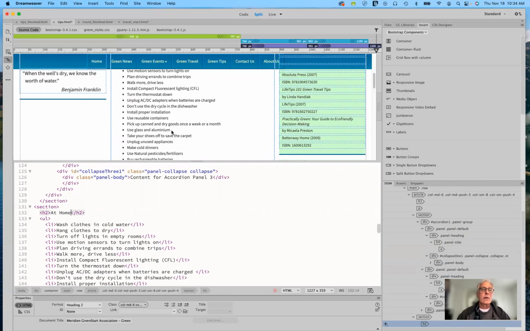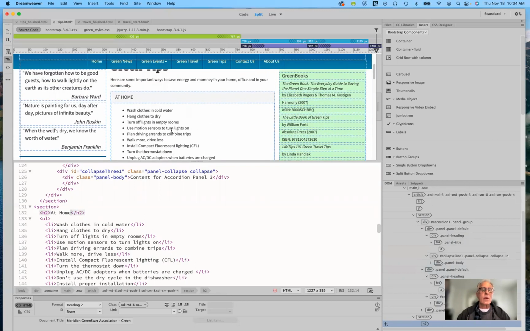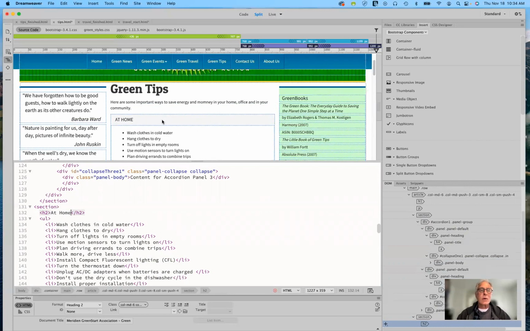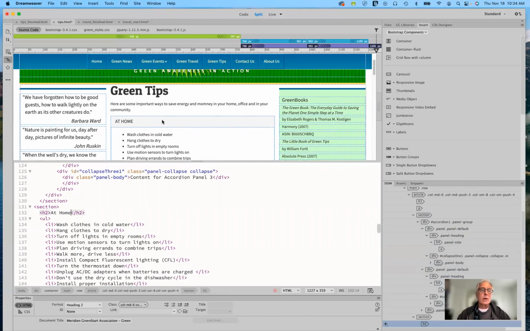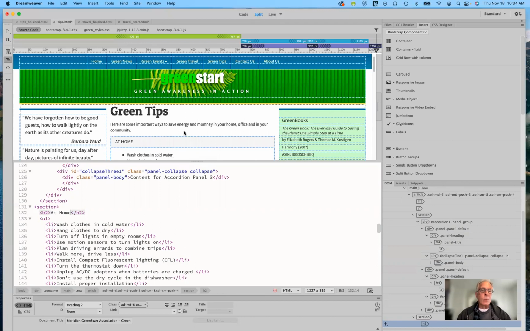adding interactivity. The Bootstrap component is good, but as I said, now that we've disconnected the page from the template, any changes or additions that you make to the template will not affect this page. What we can do with a page, though, let's give this a try and see, is that we can